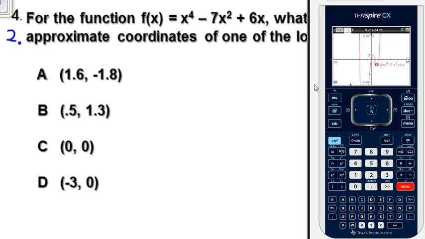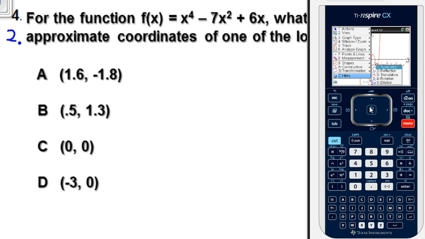So for local minima, you're going to have two. You're going to have one way down here below the view screen of the graph. You're going to have another little one right up here. So we can see the different coordinate values here and see which ones had a chance of being a local minimum. Well, we can go to a trace view, and if we go to menu and we